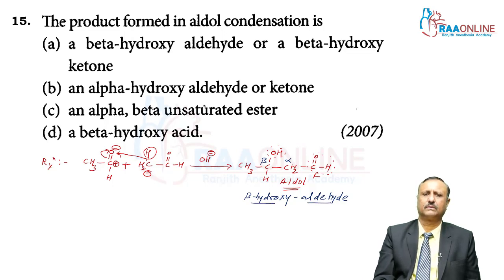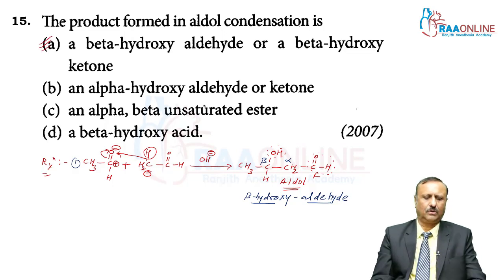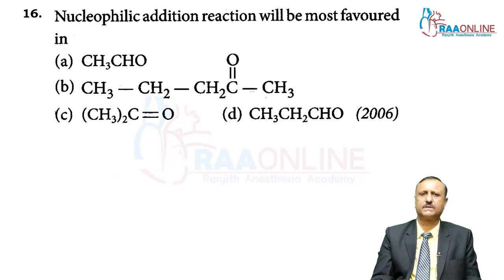This is the first reaction, in which acetaldehyde is used. When two molecules of acetone react, you get beta hydroxyketone. So in question number 15, the answer is A, beta hydroxyaldehyde, and this is the reaction. Now, we can see question number 16: nucleophilic addition reactions will be most favored in